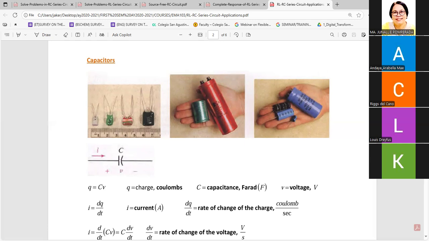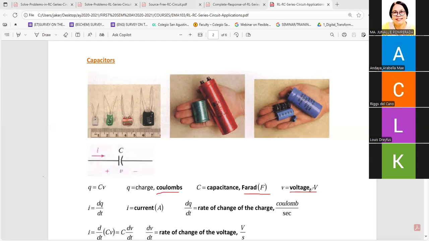Okay, wait lang class. You may not see my writing. This is your charge in coulombs and this is your capacitance in farad, and of course the voltage is